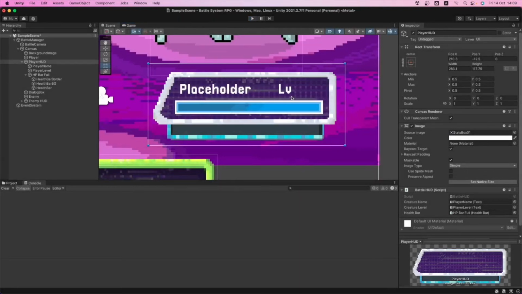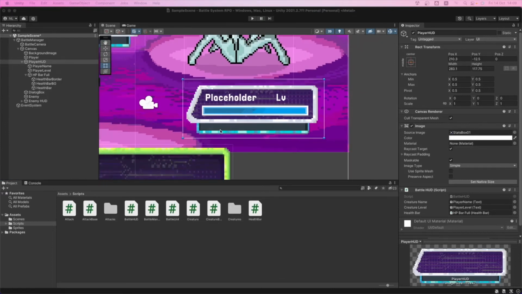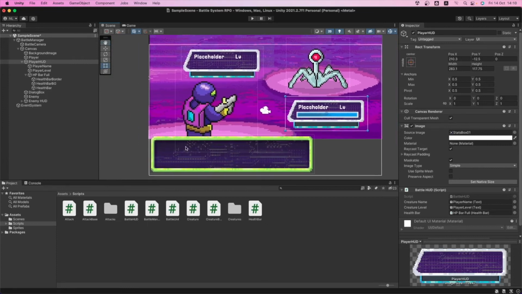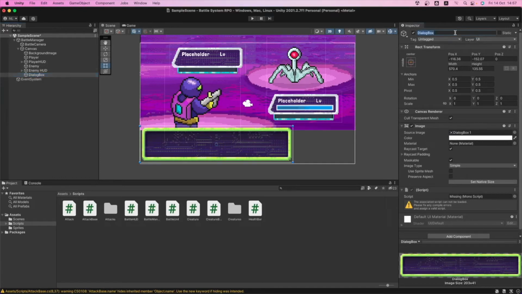Okay, so we're gonna stop that, and now we're gonna go into building the text for the dialog box, the text that goes here. We're gonna build that. Okay, so let's go into coding that. So let's start by editing some stuff around here. This dialog box is gonna be named BattleDialogBox. Okay, a much clearer name. Okay, BattleDialogBox. Great.